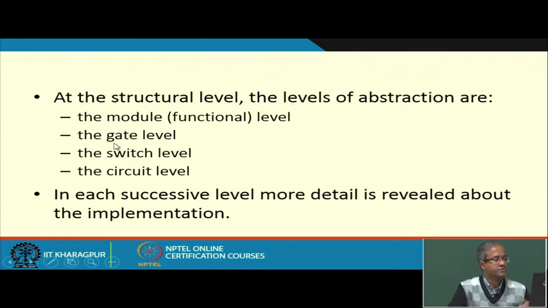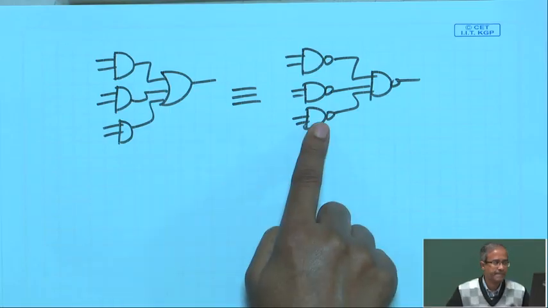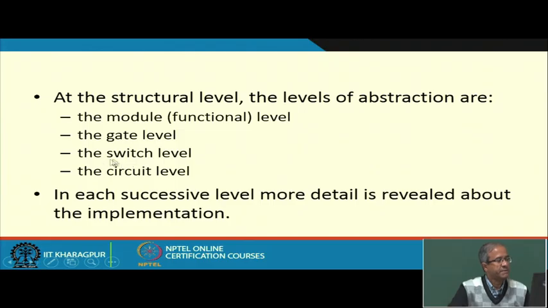gate level. So, at the gate level I have a set of gates and the interconnection as I have shown in the diagrams here, gate level. Similarly, I can have switch level, meaning the transistor level. So, each of the gates can be converted into transistors, and circuit level means it is a further level of refinement where you have not only the transistors, but also some, you can say, parasitic elements like resistors, capacitors and so on. So, you have a circuit comprising of transistors, resistors, capacitors typically, that is called the circuit level